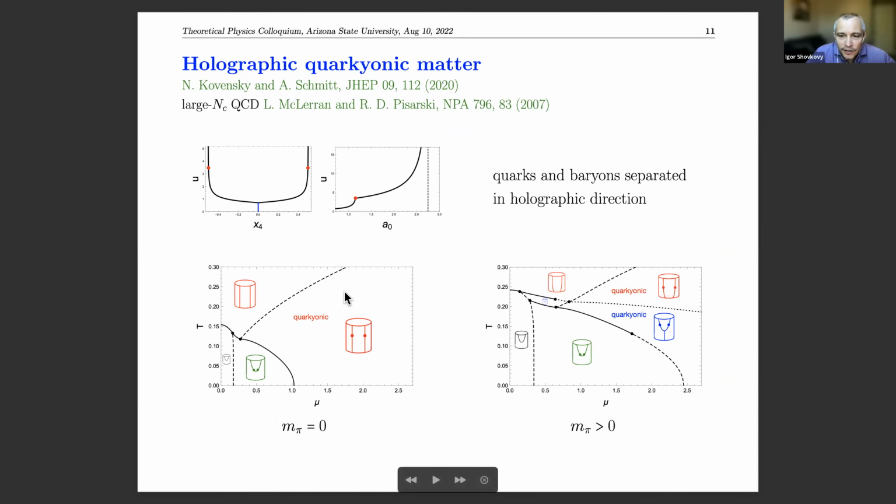Andreas, there is a question in the chat asking what are the units for T and mu. For now it's dimensionless units. It doesn't make much sense to talk about this at this point of the talk. I have to choose a value for MKK, and for the 't Hooft coupling and for NC to translate this into physical units. I'll get back to this in more detail later. So let me keep this brief here, because this is really only about the qualitative picture at that point.